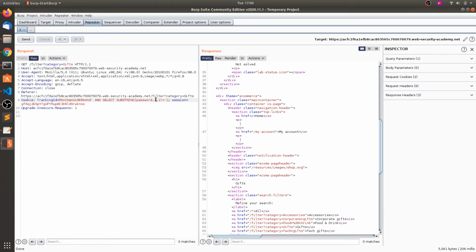Select substring of password 1,1 from users where username is equals to administrator. You can also put a capital A, but first let's try with the small a.